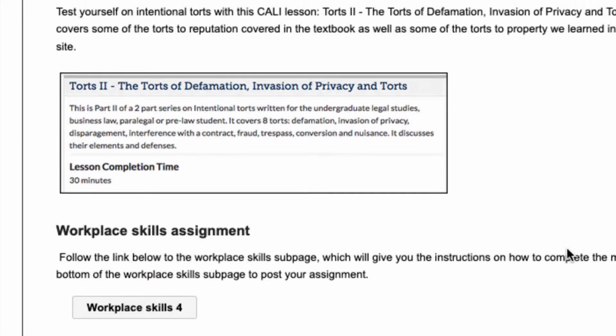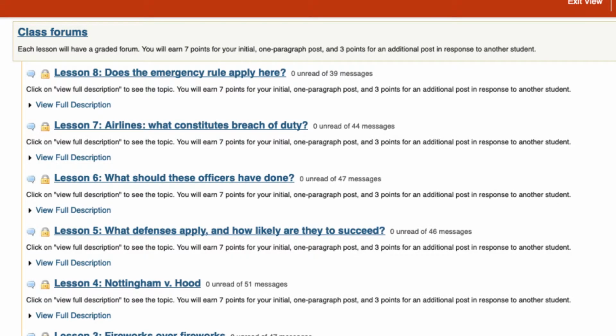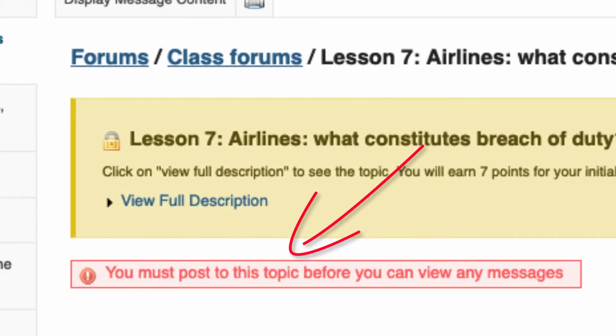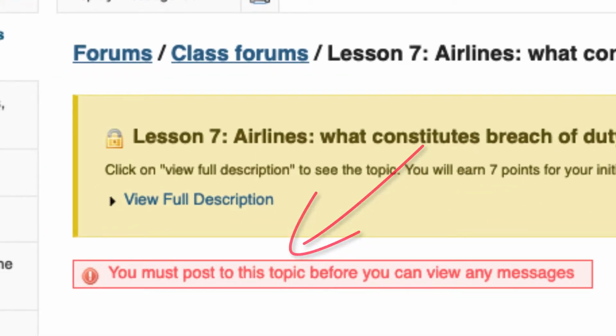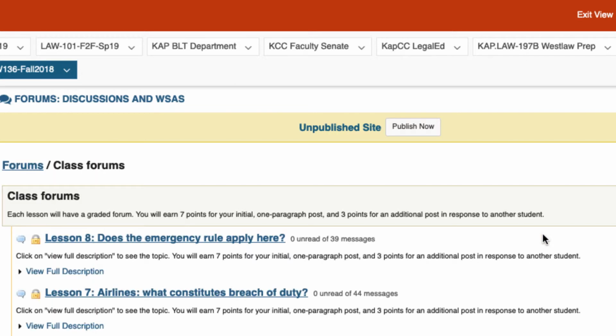There will always be a discussion board in the Forums tool covering some aspect of what we've done in class. You will have 1 week to participate in each discussion, and then the discussion board automatically locks. As the primary purpose of the discussion is for you to develop your legal analytical skills through discussion with your classmates, you can't see anyone else's posts until you have first posted your own contribution. The discussion board is only open for 1 week, and after it closes, it is not reopened as the class has moved on to the next topic. Therefore, please make sure always to do the discussion board on time, including your required response to at least one other classmate.